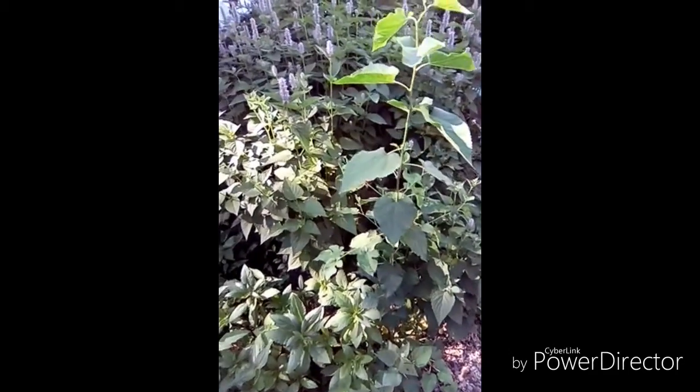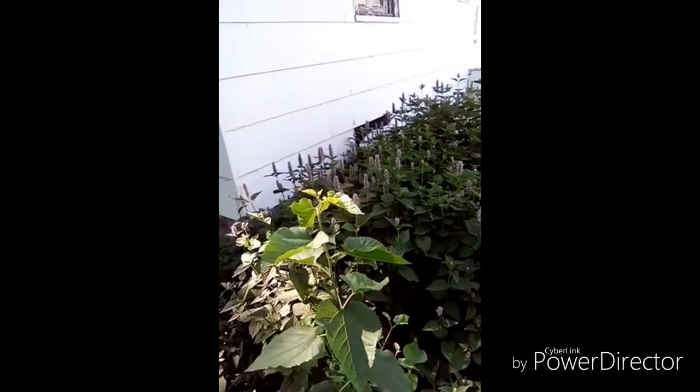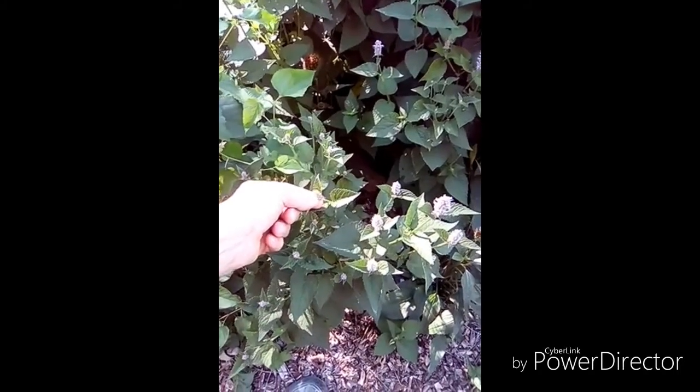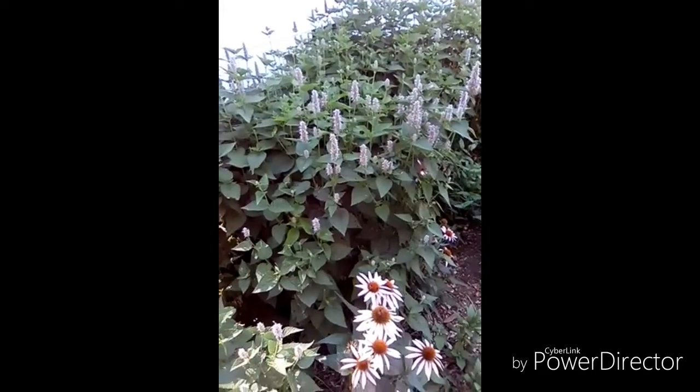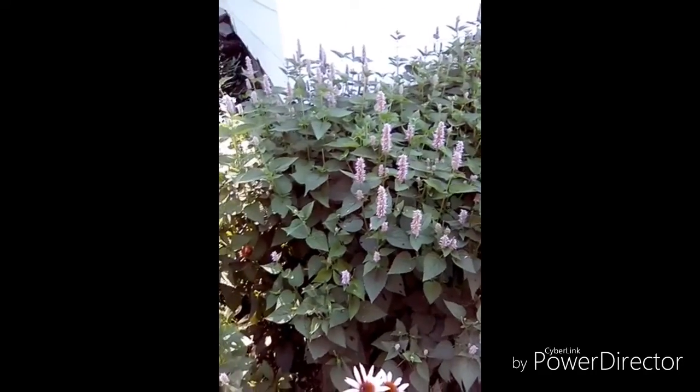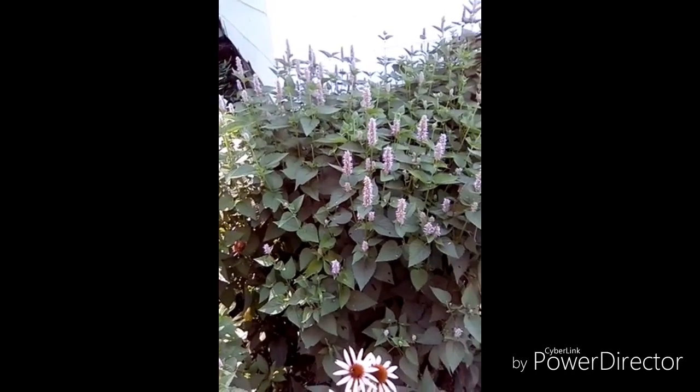So these anise hyssop have been quite a boon. Right now they've finally gone to flower. I've been tipping them, pinching off the leaf tips, which has caused it to turn into this wonderful shrub. But right now, the pollinators are just going crazy, and it's not just honeybees; it's a whole host of flying insects,